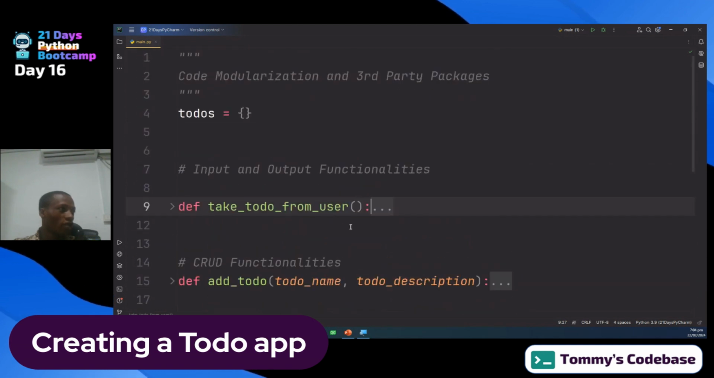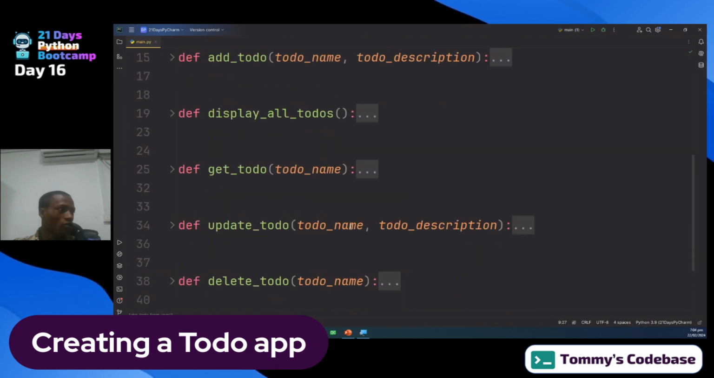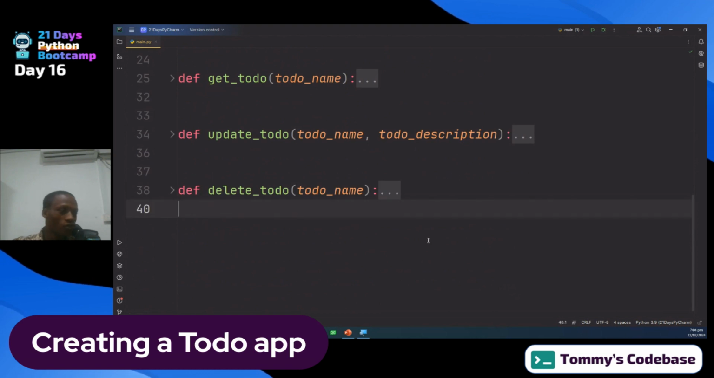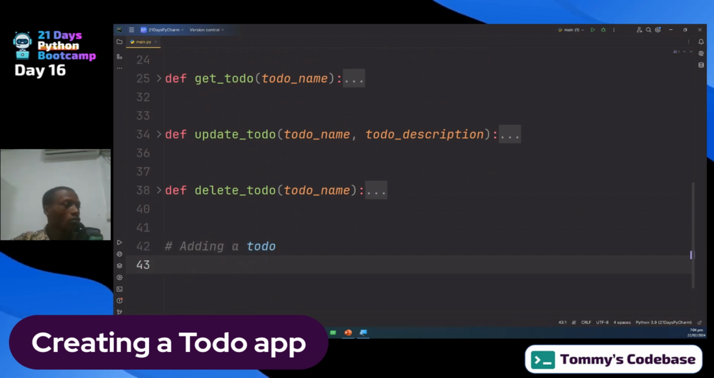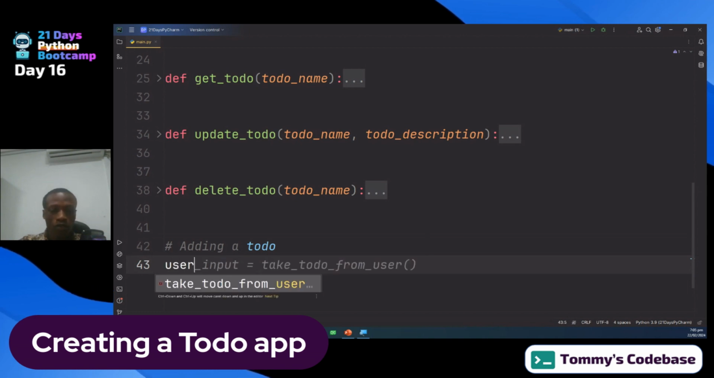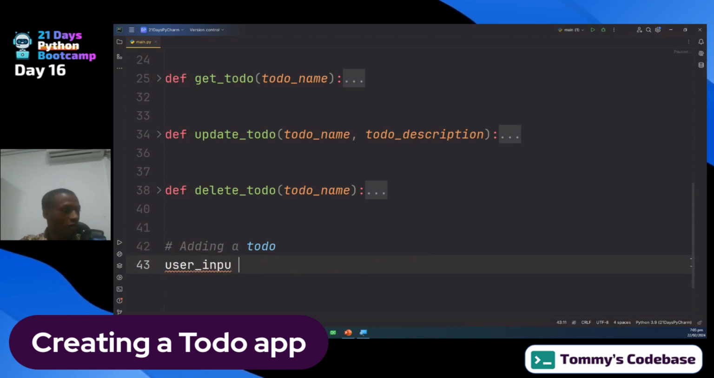So what we have to do now first is to add a to-do. So you know that the process is to take the to-do from the user and add it. So, adding a to-do. And then here I can say user input. I think I'm out of variable names. Should be equal to input. And then,